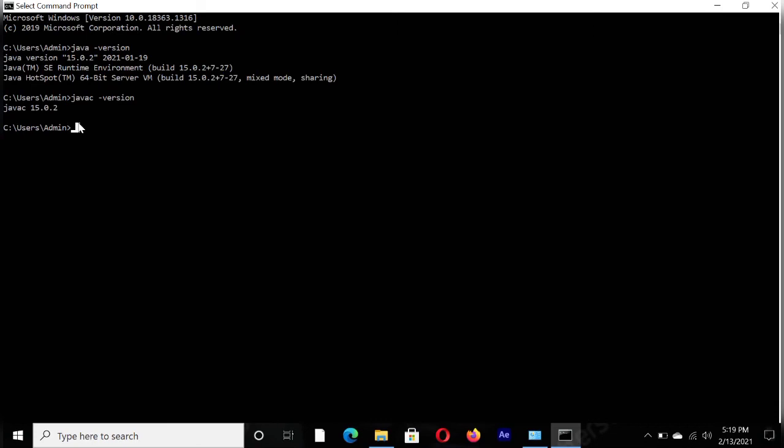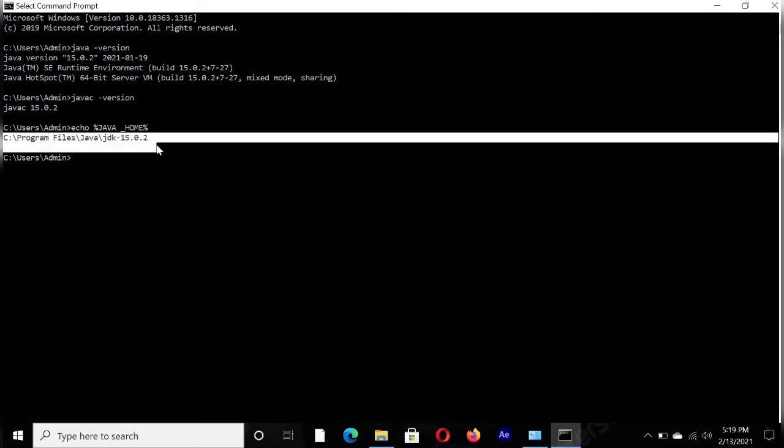For that, we have to pass one more command, that is echo space percent sign JAVA_HOME, all capital, Java underscore HOME, and percent sign. Just click on enter for execution. See here, Program Files Java JDK 15.0.2. It means JAVA_HOME, the environment variable for development, is also created.